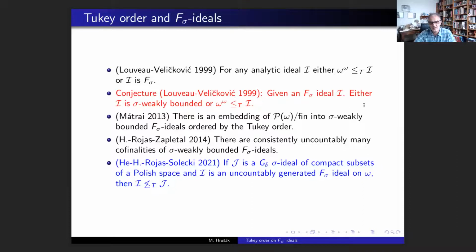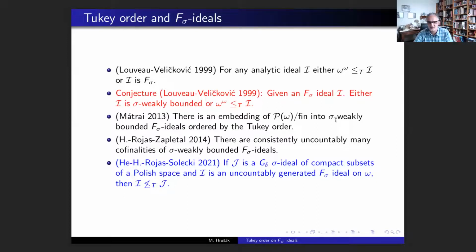So Louveau and Velichkovich gave one example. Tamás Mátrai gave a lot of examples. He showed that the structure of these ideals is very complicated. The structure of P(omega) mod fin can be embedded into these sigma weakly bounded F sigma ideals ordered by the Tukey order. And in a paper with Diego Rojas and Indra Zapletal